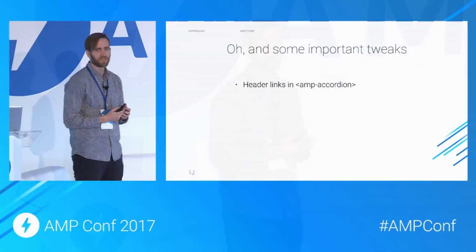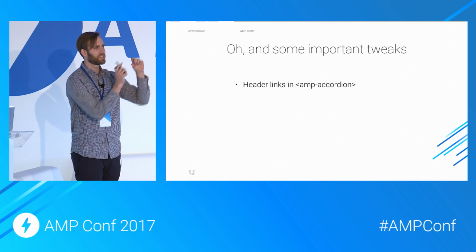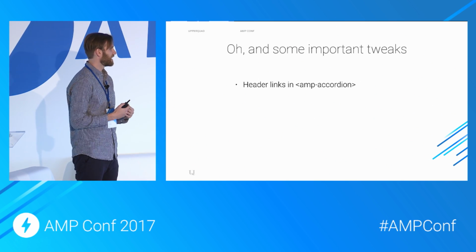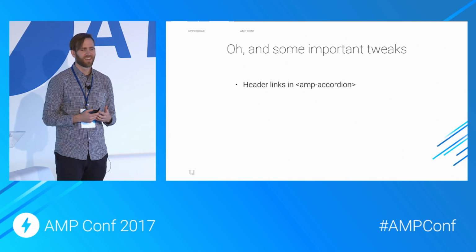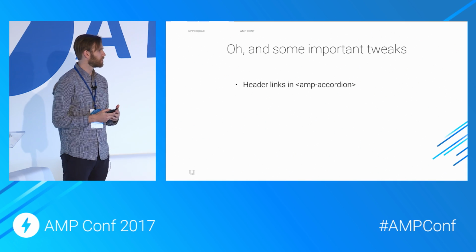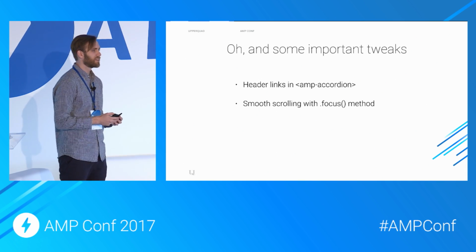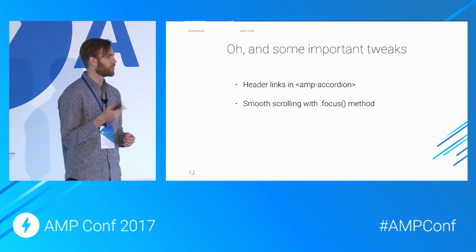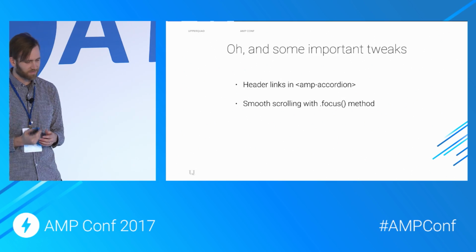So one thing that La mentioned was AMP accordion, the problem where the header can't also function as a link at the same time. That's a small thing that we just want to make work. You can do little hacks to make that work, and you've seen that in the wild a little bit, but we want to make that work a little bit easier and a little bit more nicely. Smooth scrolling, the mechanic where you tap on a link on the page and it smoothly scrolls with a nice animation curve to something else on the same page. We also want to get that to work well.